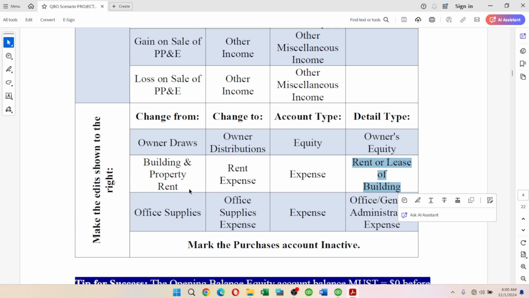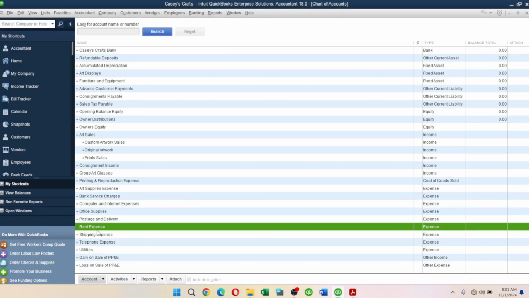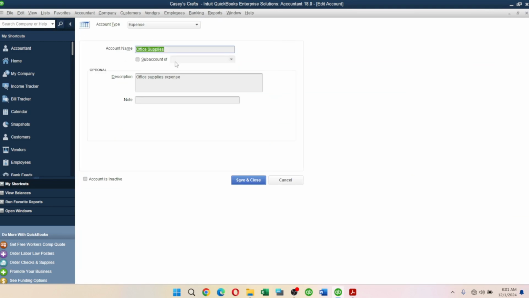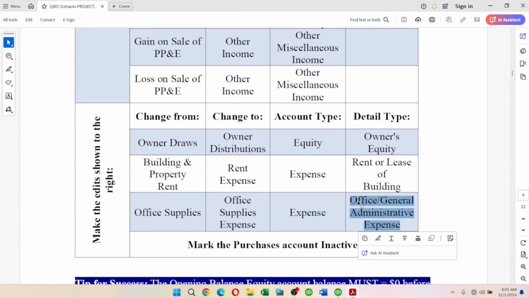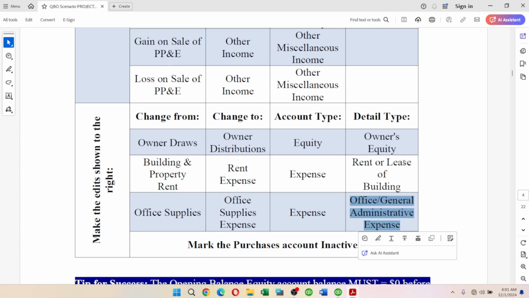So we have office expense. We are going to change it to office supplies expense. What is the description? The description is office and general administrative expense. So when we have implemented all these changes,